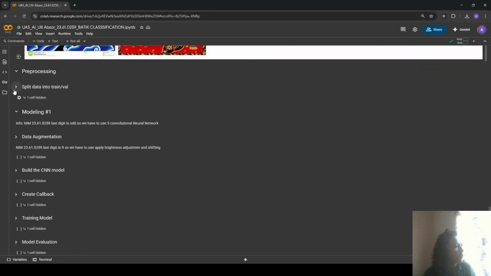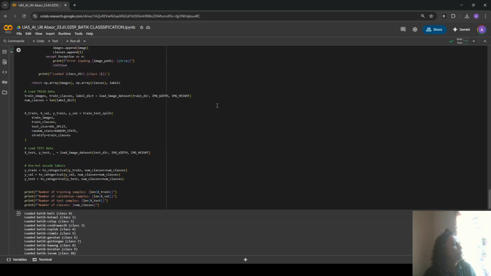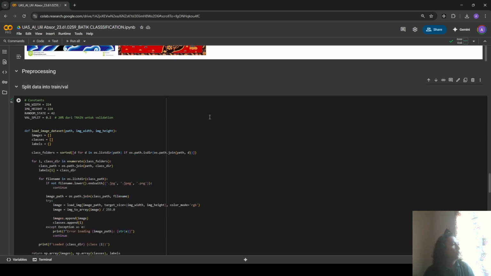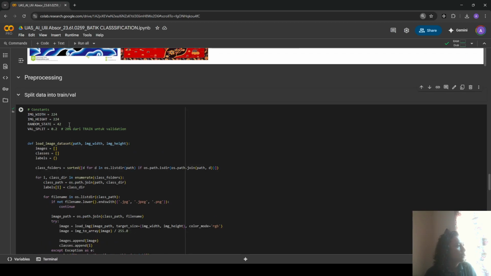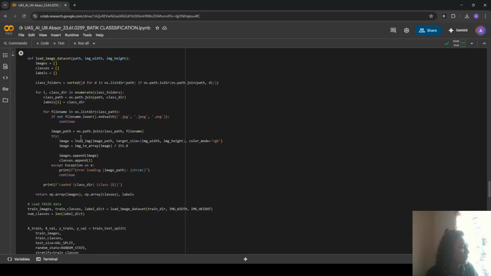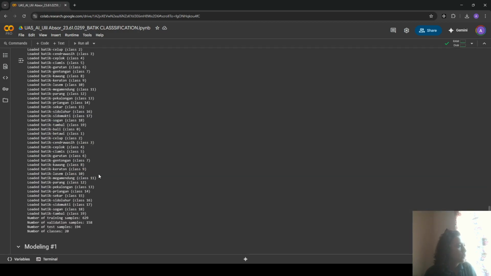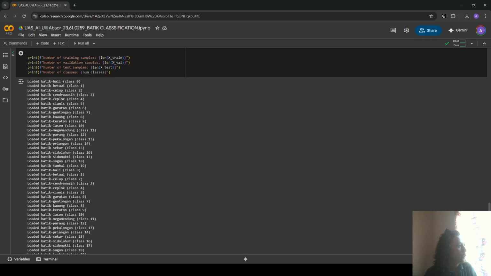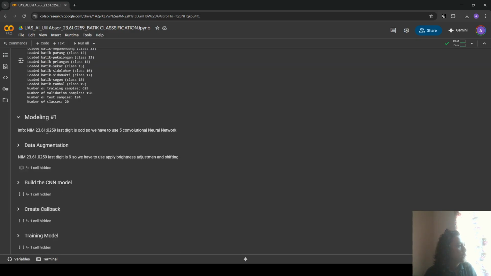And next, before we go to the modeling, we have to pre-process the files first, splitting them into train and validation. You can see that the validation split takes 20% from the train, and this is the result of loading the processing.